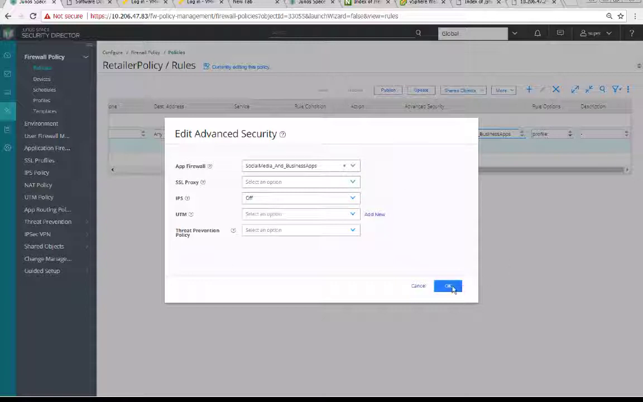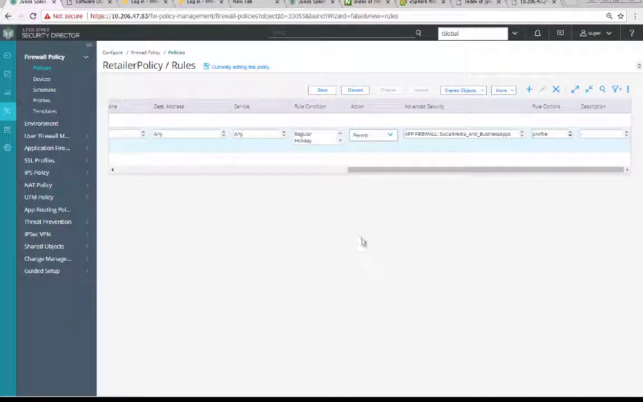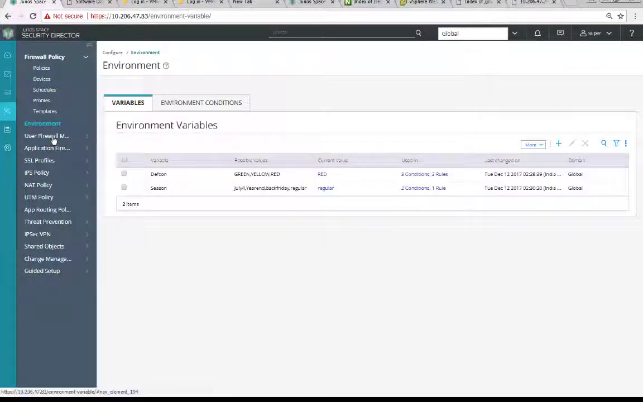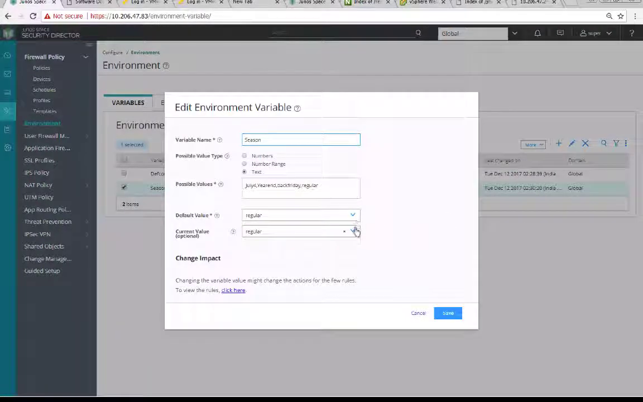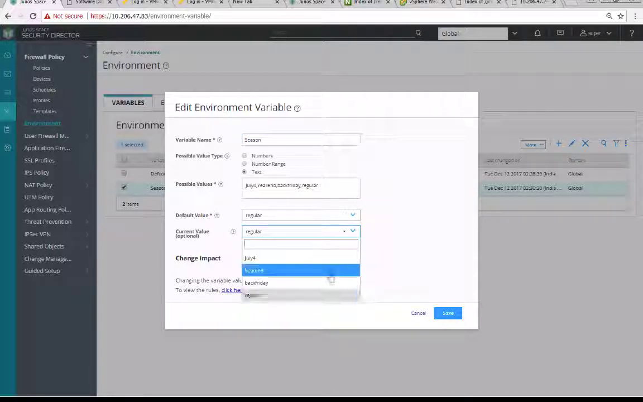And then what I would expect is in holiday season, I want to restrict access to social media, so my bandwidth is focused on business critical applications. So I have defined my rule condition as either holiday or regular within the policy. Now let's say it's end of year, so the admin comes in, changes the current value of the variable to, let's say, year end,